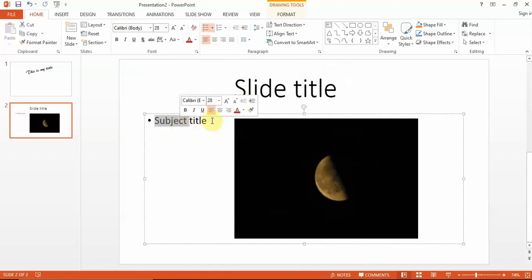Now we can take the items that we're talking about on this slide, and we can add more lines by simply hitting enter at the end of that line. You'll notice it automatically creates a bullet for you to set it off. And once you're done adjusting how you want your text to look,